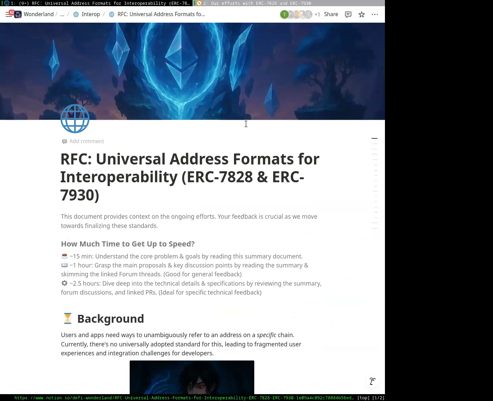Hello, everyone. I'm Teddy from Wonderland. I've been leading the efforts on what was initially named cross-chain addresses. And I have two documents to show you for this call.